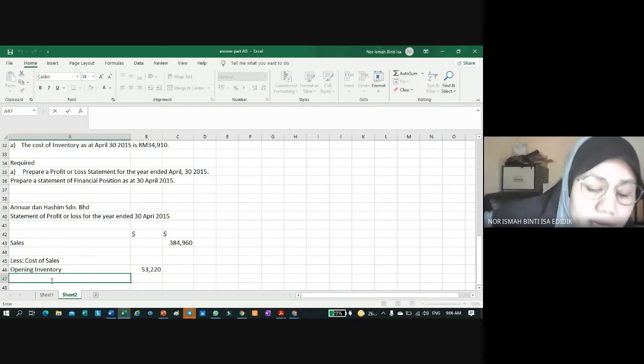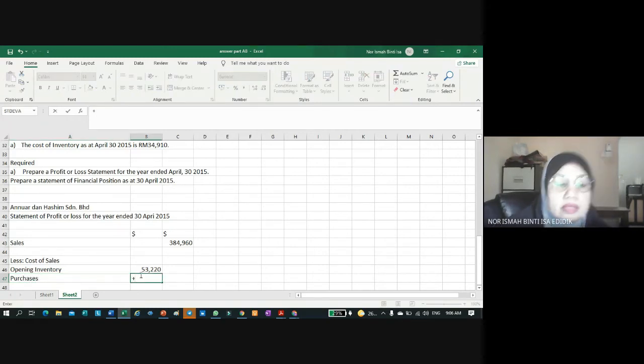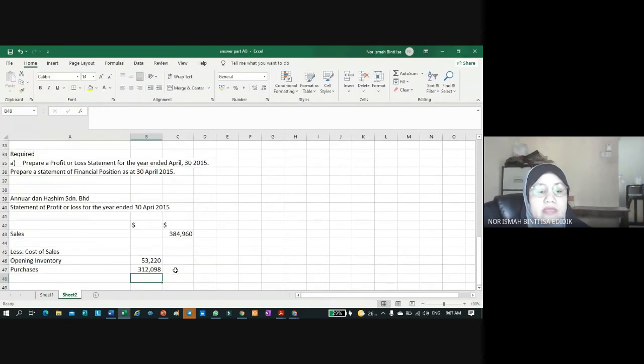Tambah apa? Purchases. Okay, what is the amount of purchases? Tengok kat atas, purchases one. Ada purchase return tak sini? Yes, ada. So kita tolak siap-siap purchase return. So dapat